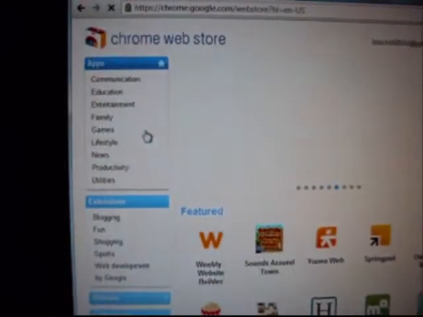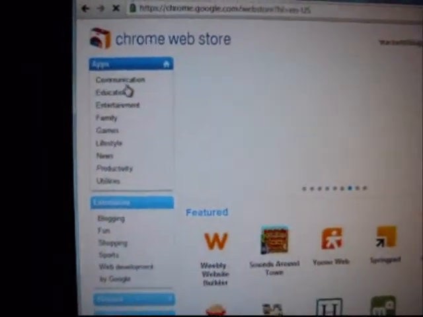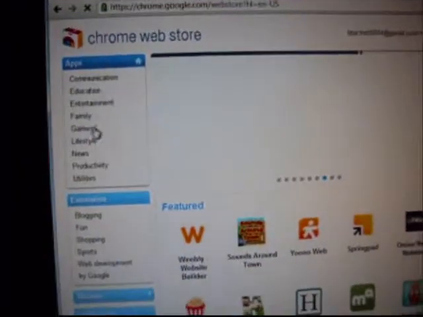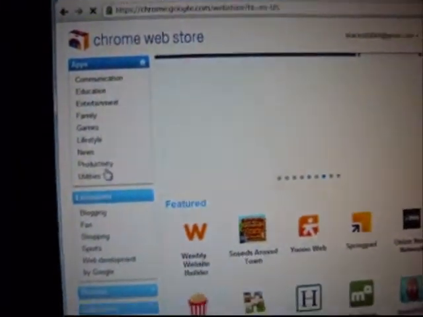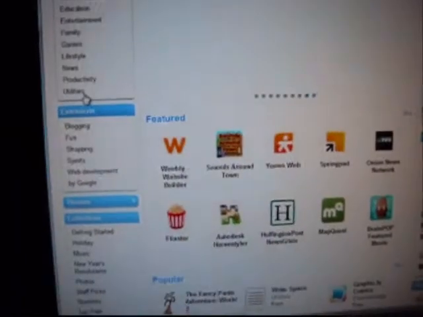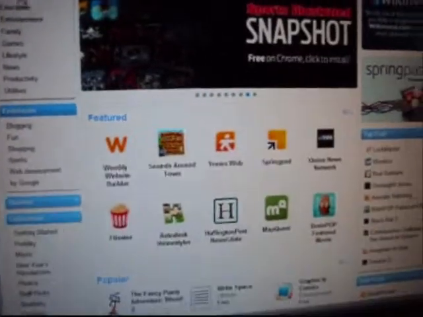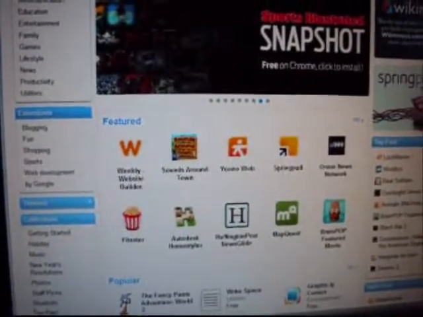Google Chrome Web Store, it's got categories in it: communication, education, entertainment, family, games, lifestyle, news, productivity, and utilities. And these are your apps. Extensions, if you know what an extension is, if you'll look right up here, this is an extension. This is my Gmail.